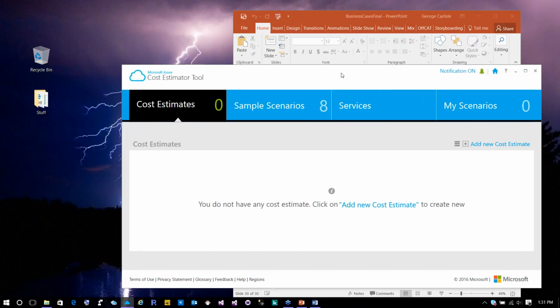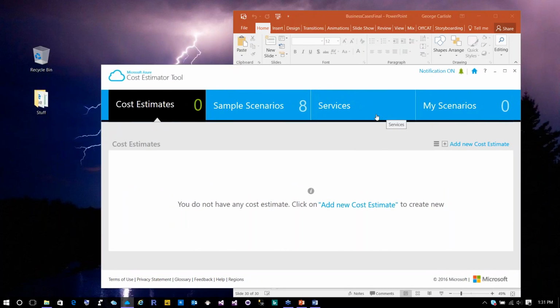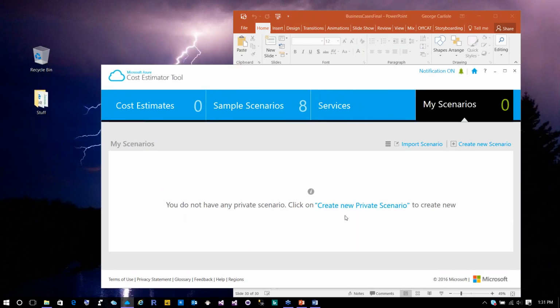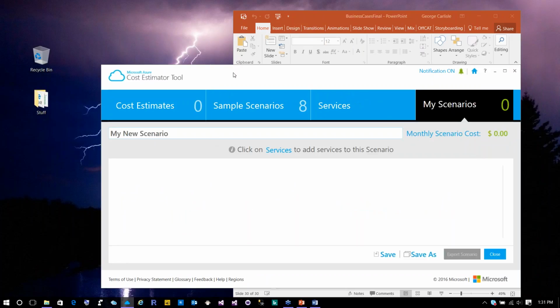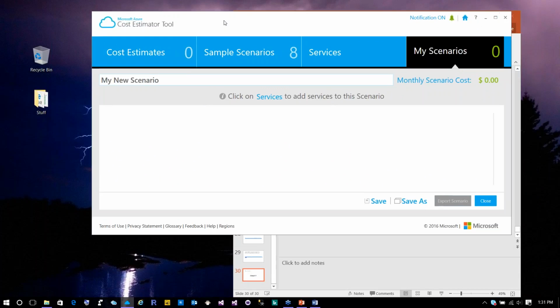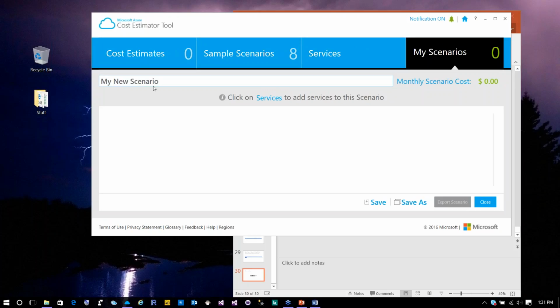I'm going to go through here and price a couple of things. Let's start with Express Route. A lot of customers are probably going to want that service. Let me walk through what some of this looks like. Let's create a scenario. We're going to call this Express Route US.